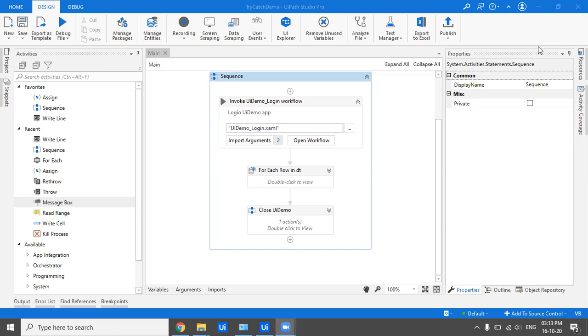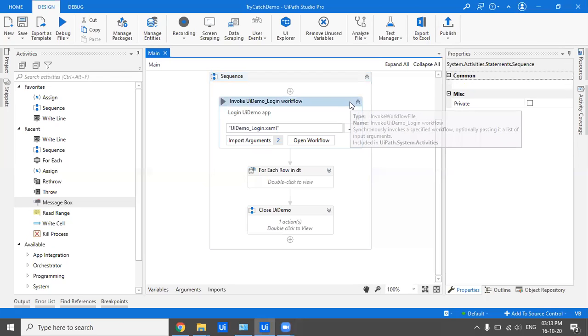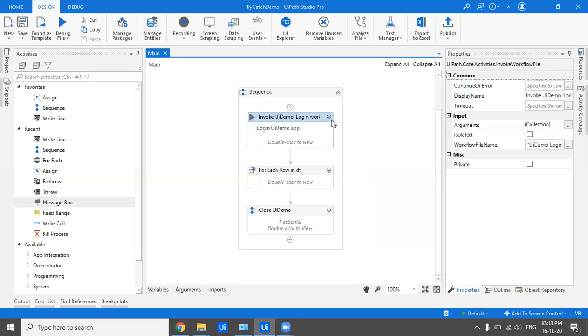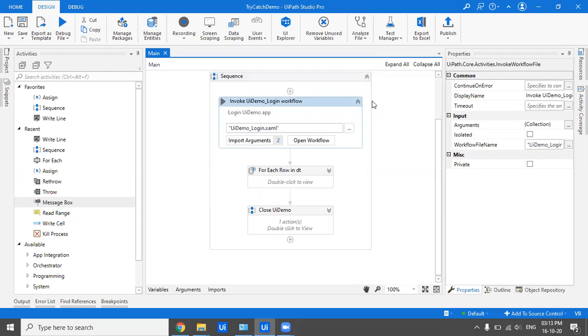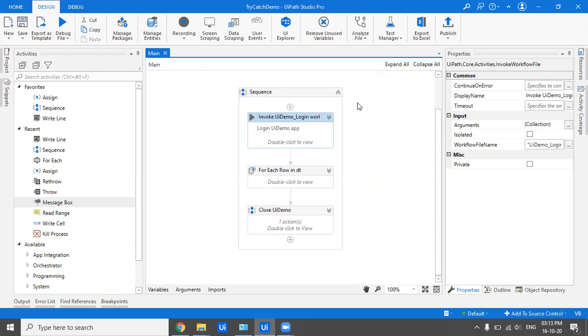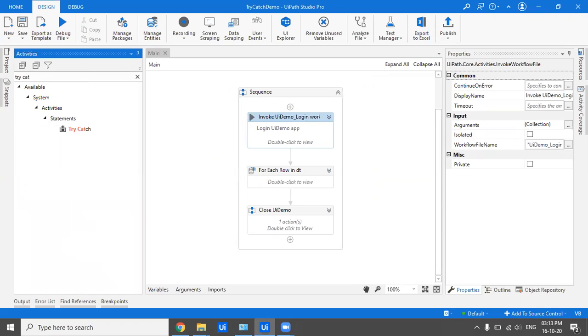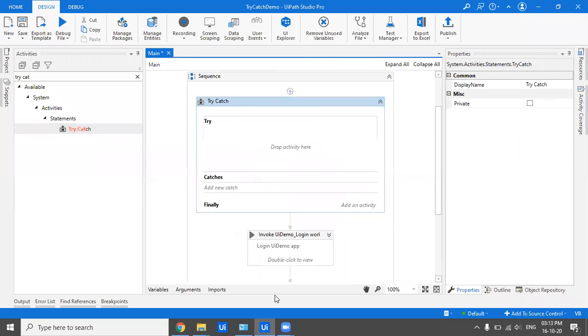So we have three things basically in try catch. Now suppose I know, or I have a doubt, that this particular invoke workflow which I'm doing here may throw an exception. So I would want to surround it with a try catch. One thing is that you search here for the try catch block, drag it, and then drag all the code over here into the try block.